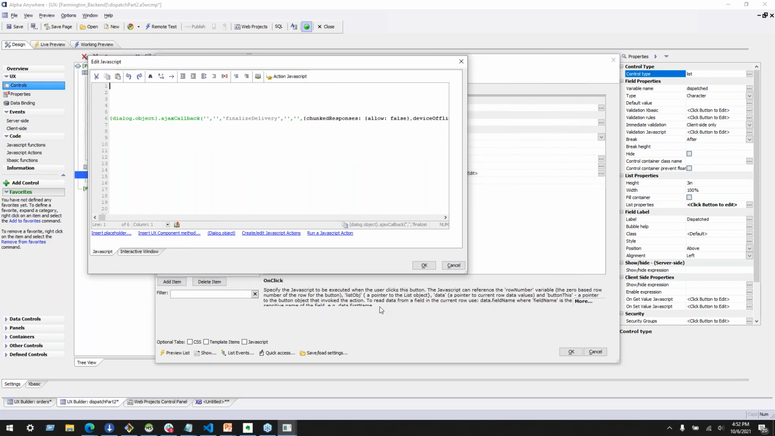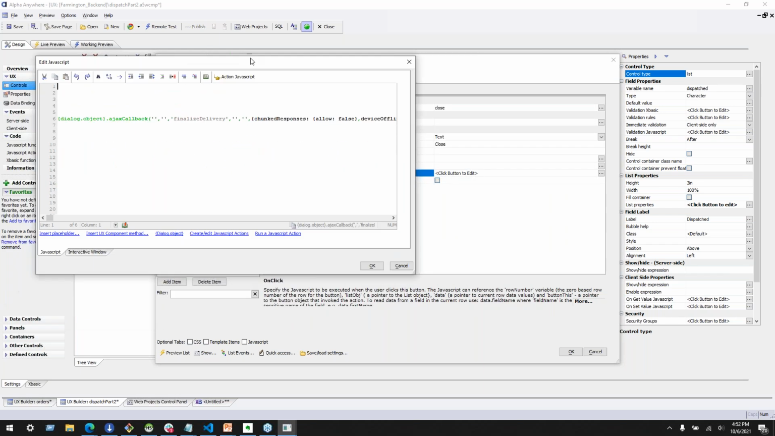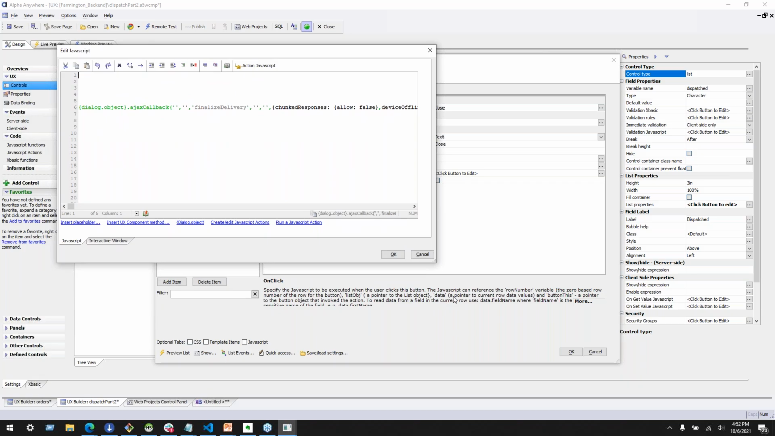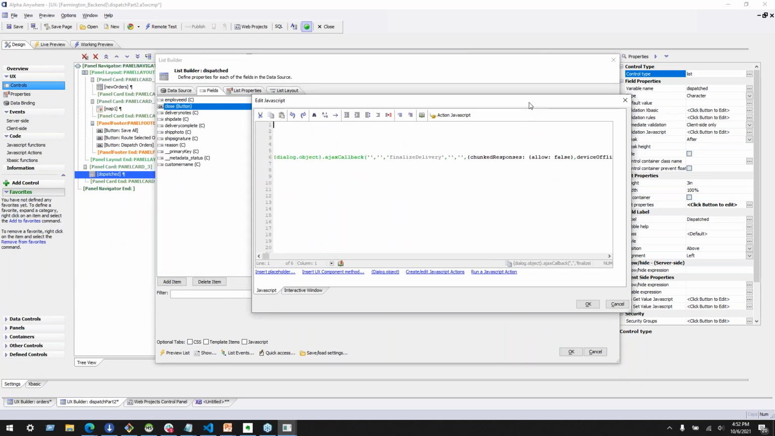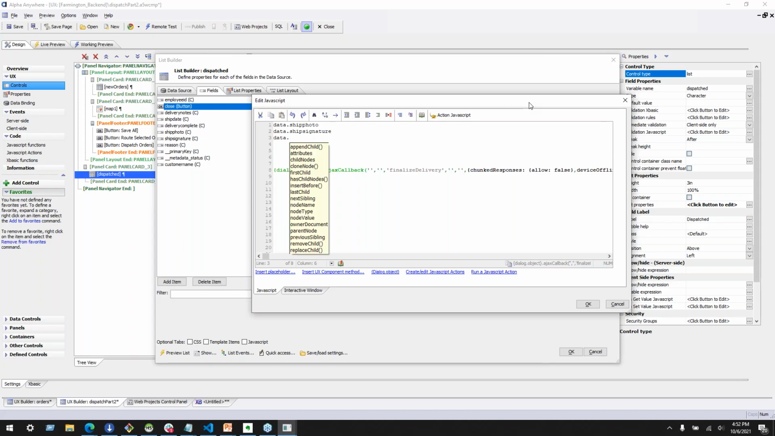Now, I don't know if you can see it, but down here in this help object for the onClick event, there's this little note that data is a pointer to the current row of data values. This button is going to be inserted in the list with the row that you're going to update. So that data variable is going to have the information that we want in it. So we'll have data.shipPhoto, data.signature, data.orderID,